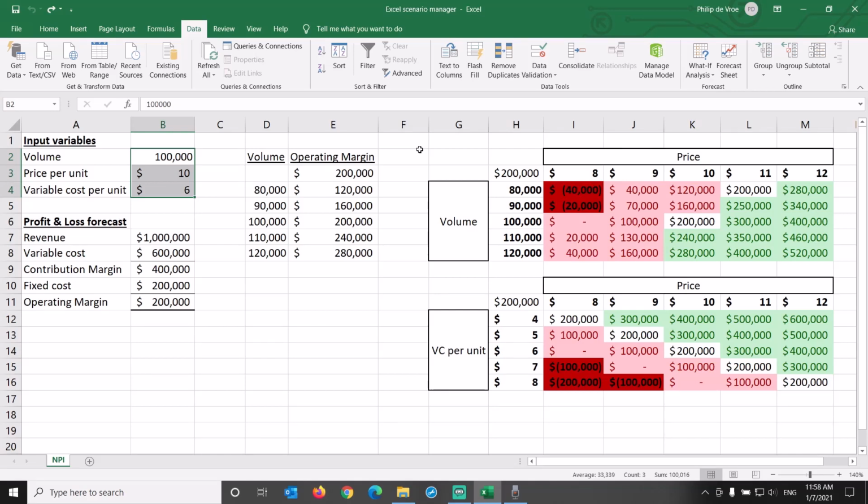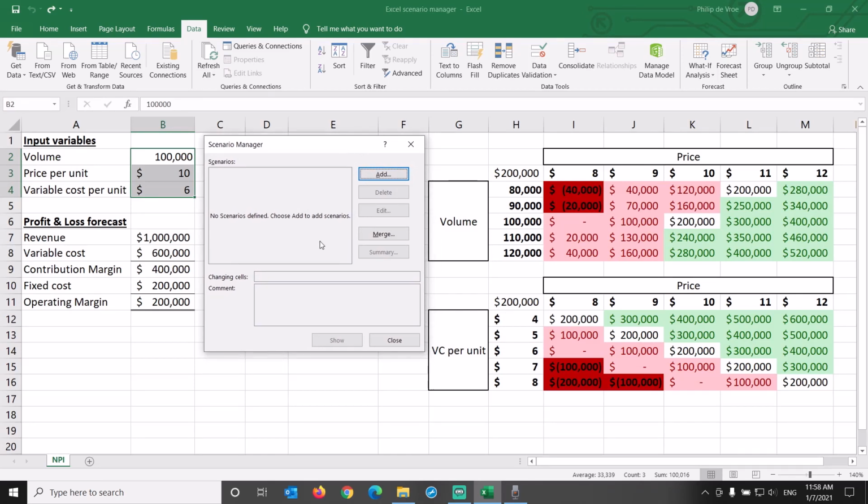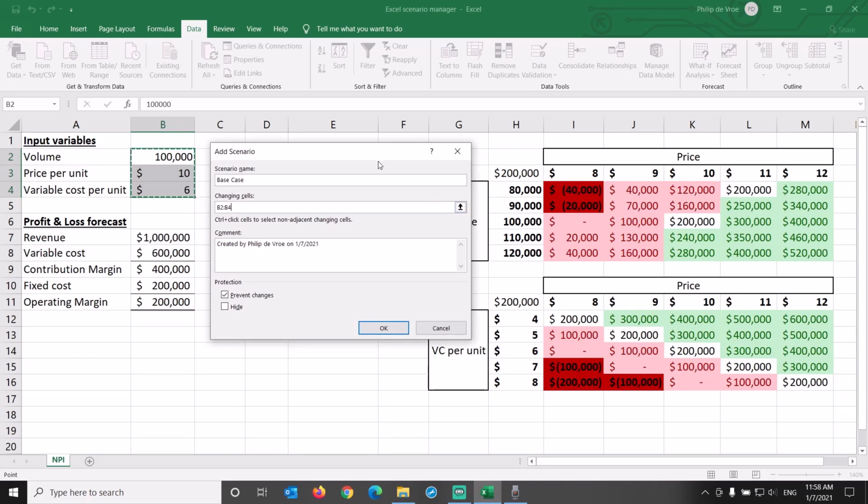Here's how Excel Scenario Manager works. Select the input variables. In this spreadsheet, there are only 3 of them. If you need to, a scenario can contain up to 32 cells. Go to Data, What If Analysis, Scenario Manager. Create different groups of values or scenarios and switch between them. When you start off, no scenarios are defined yet. Let's add our first scenario called Base Case, where we simply store the current values of the input variables, so we can always go back to the base case if we need to.